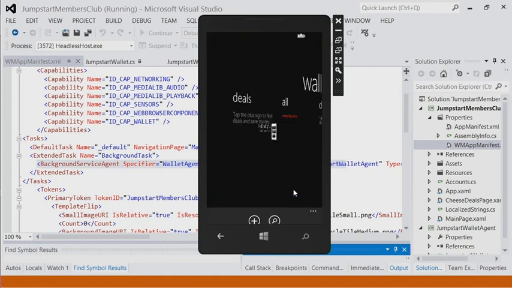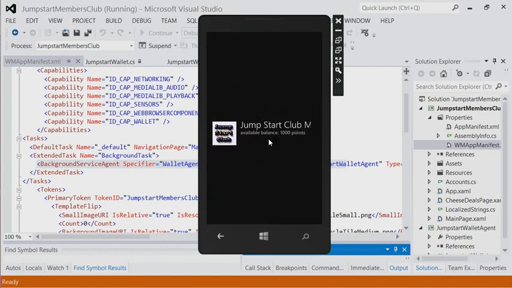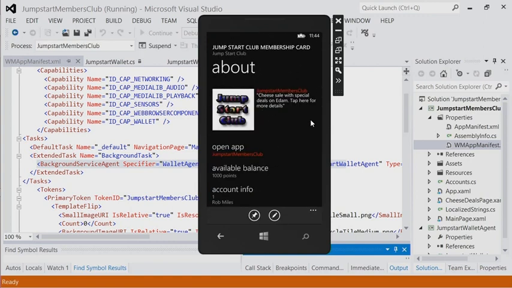Go to the wallet. We'll go off to our Jumpstart Club. And hey, look, this special deal is offered on here. It may be hard to read, but it says cheese. It's just Jumpstart Members Club cheese sale with special deals on Edam. Tap here for more details. That has been written in by the background agent because the background agent runs straight away when you first install